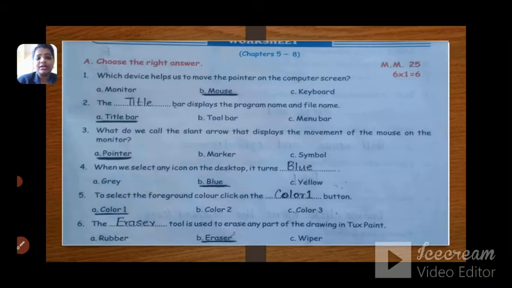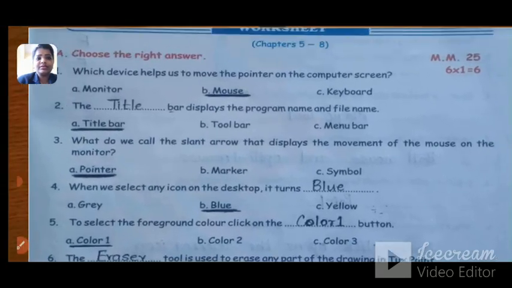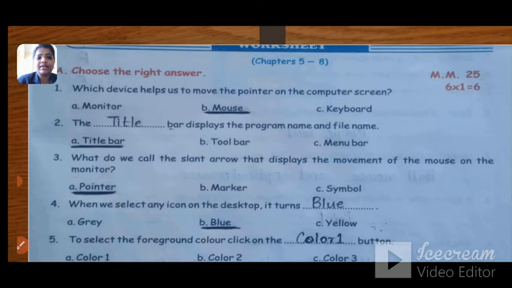So these are the answers. Now you need to write in the same way. First question is, which device helps us to move the pointer on the computer screen? The right answer is mouse. Second question is, the title bar displays the program name and file name. Right answer is title bar. What do we call the slant arrow that displays the movement of the mouse on the monitor?